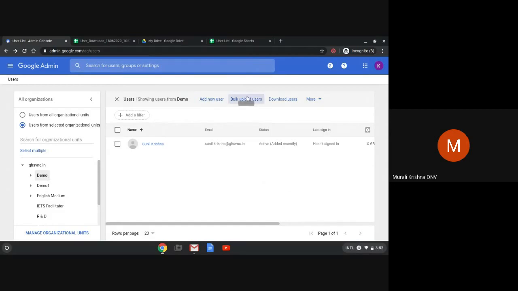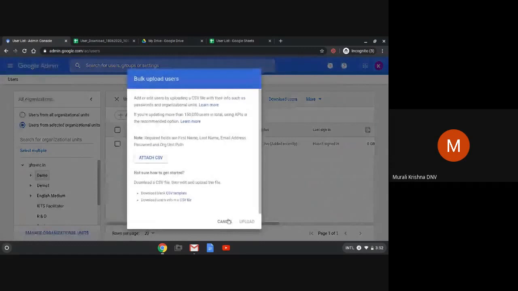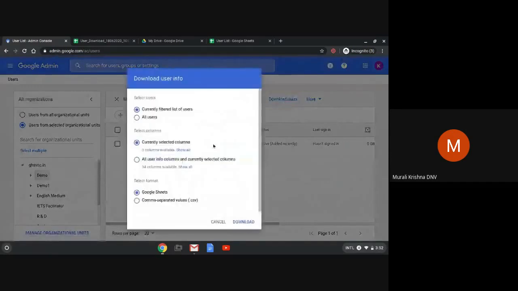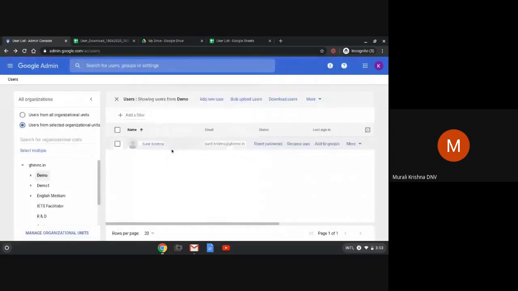Now by clicking on Bulk, I'm going to click on Download users, and select all users info columns and currently set, and click on Download. The information of the one email ID which you have entered will be downloaded to your system. Open the file.